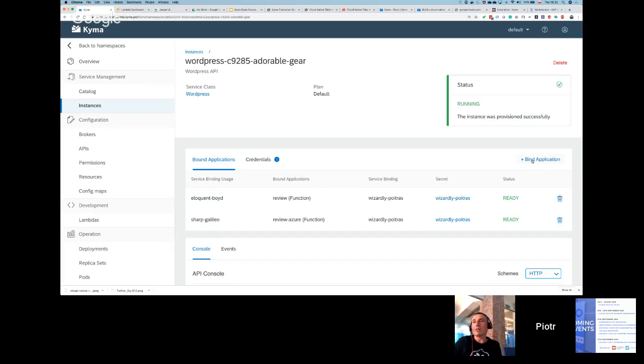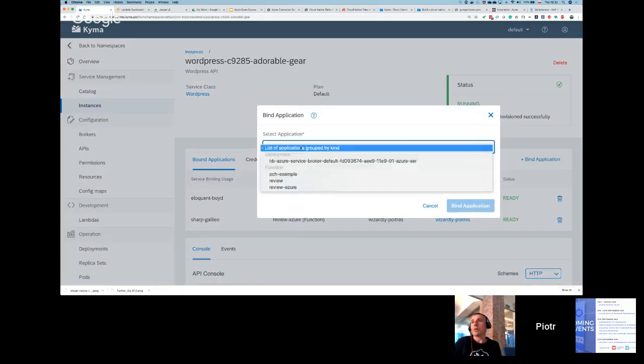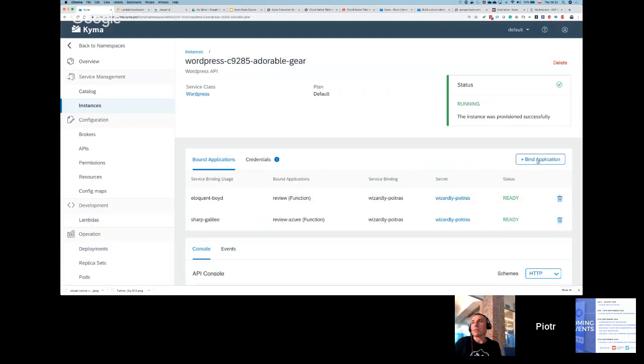This binding enables the application to call the API and receive events. With Bind application, you can select any deployment or service that is available in your Kubernetes cluster. So you see my functions, but also deployments, other things, and you can bind this application to this instance